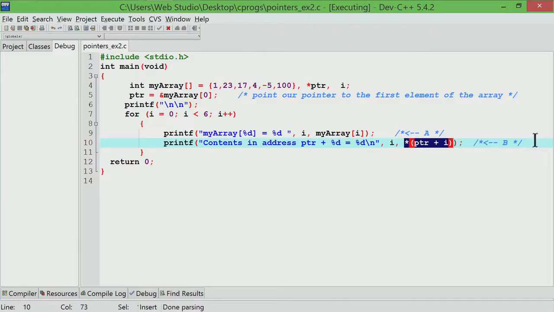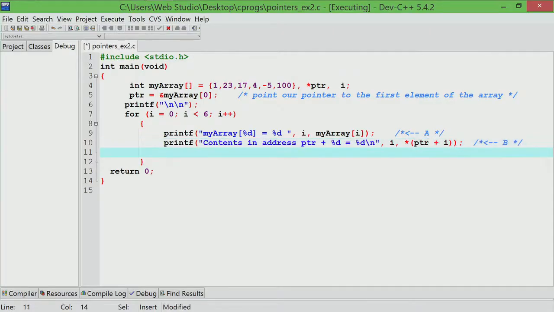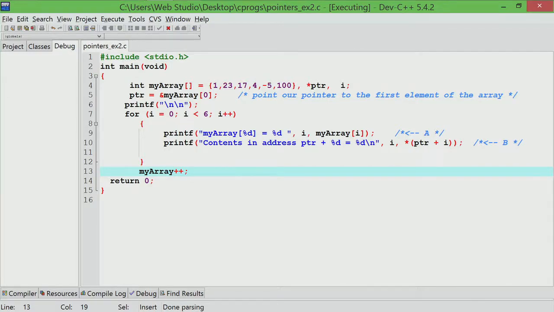So, let us do a small change to the program, and I want to show that my array is something that cannot change. So, let us say I do this, my array plus plus, right. What I want my array to do is point to 23. So, I want my array of 0 to be 23, my array of 1 to be 17 and so on. Therefore, I am trying to increment my array by 1. So, it will not point to 1 anymore, it is supposed to be pointing at 23. So, let us try and compile this,